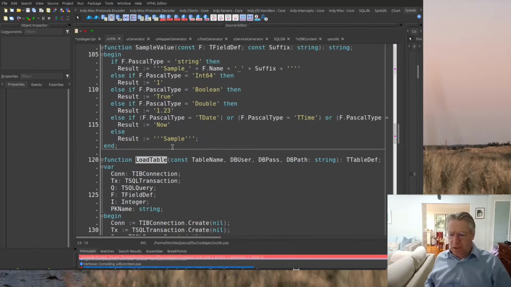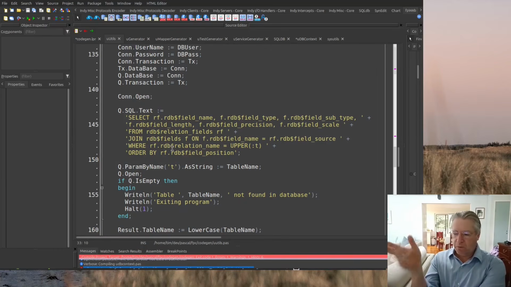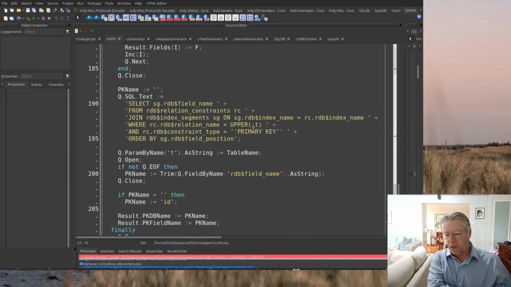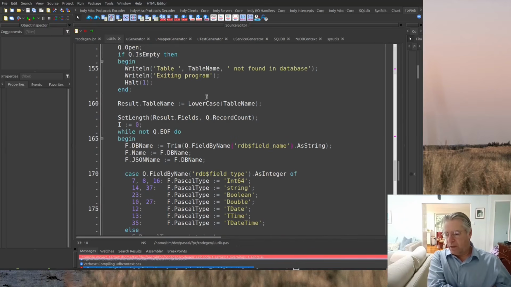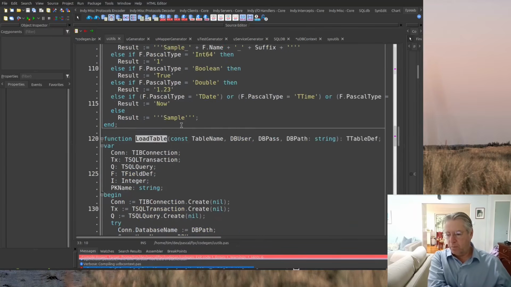And when we are loading the table definition, and I am dealing with a Firebird database here, so I've got a couple of Firebird specific queries to get information about the fields, and there's another one down below here to get information about primary keys. And then that information is used to populate